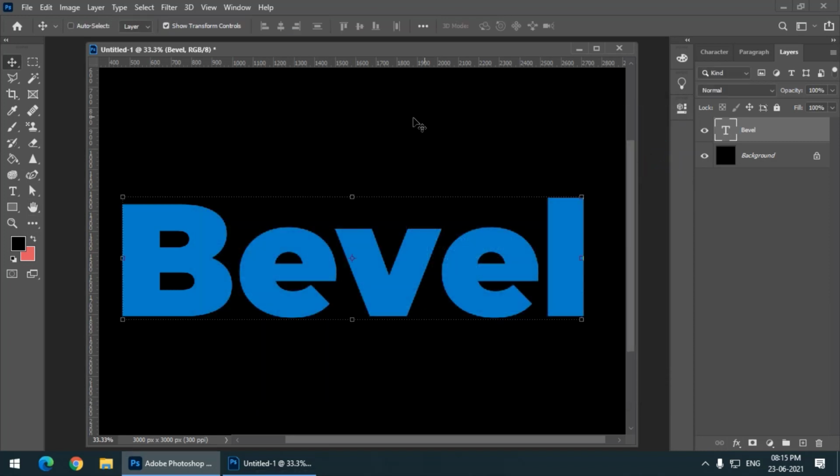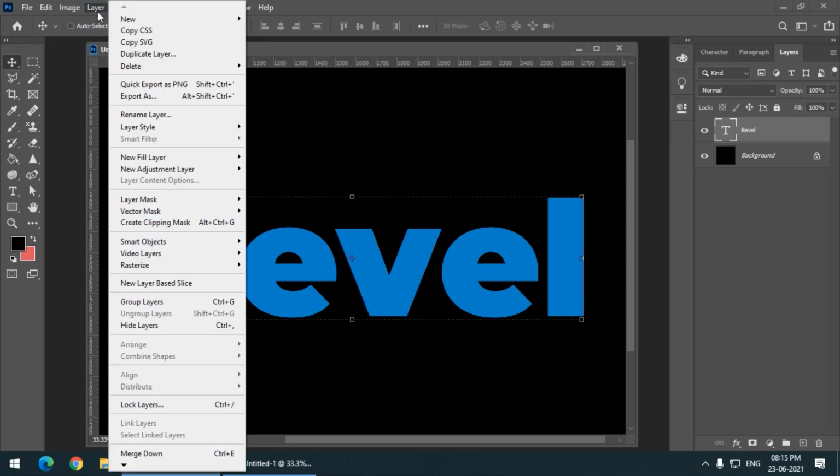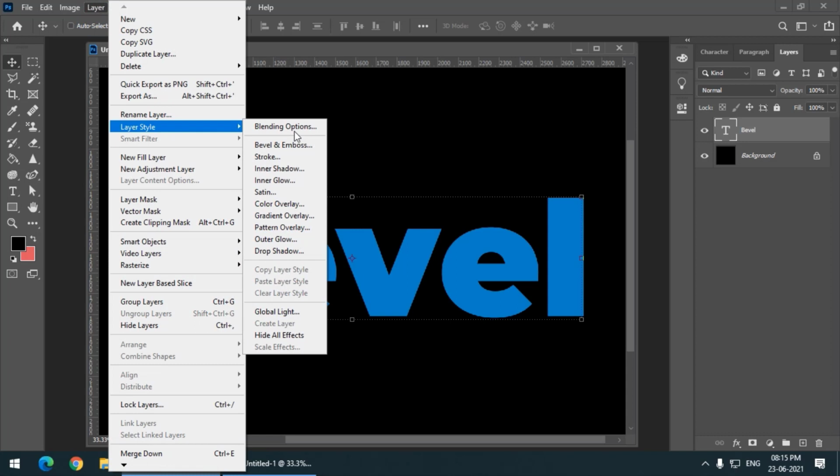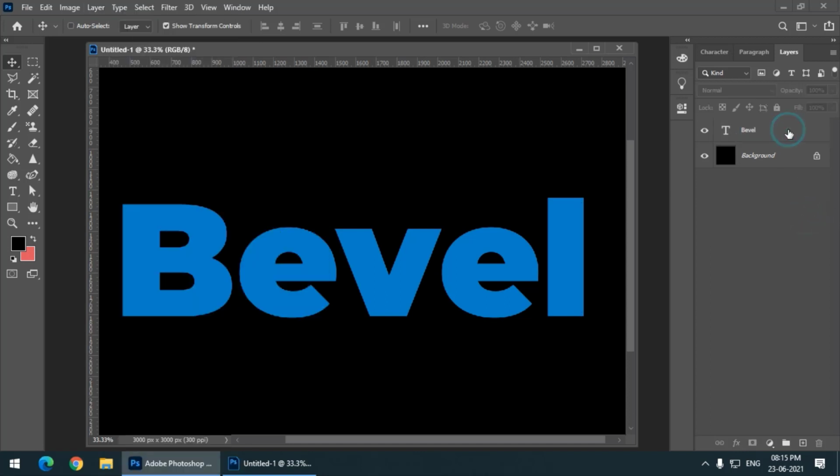There is another method by which you can open the same window, which is present in the layer menu. Go to layer, layer style, blending options. All the options that you see over here are present inside the blending options. Or rather, you can simply double click at one end of the layer.